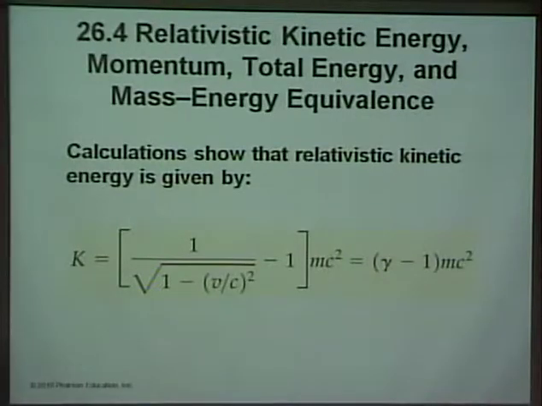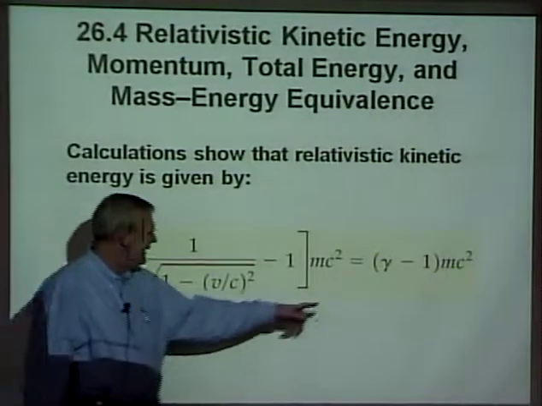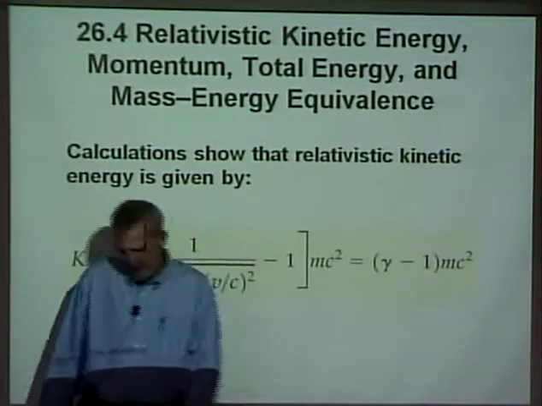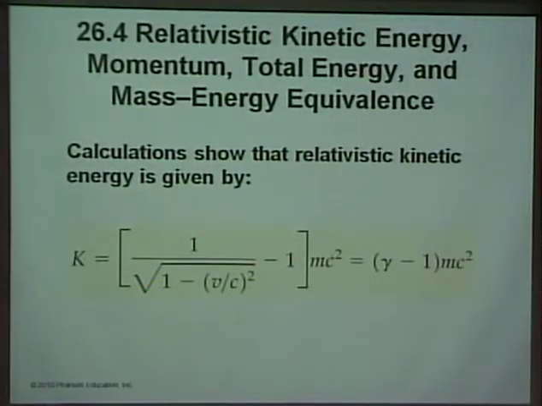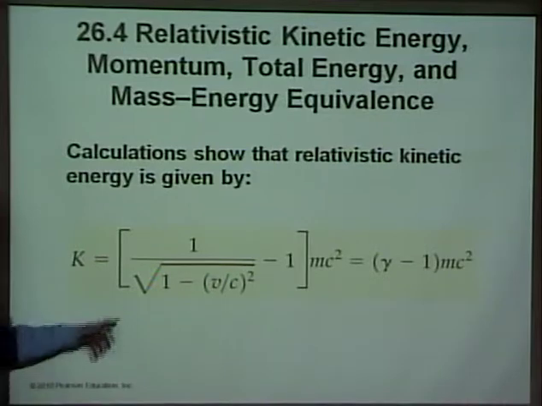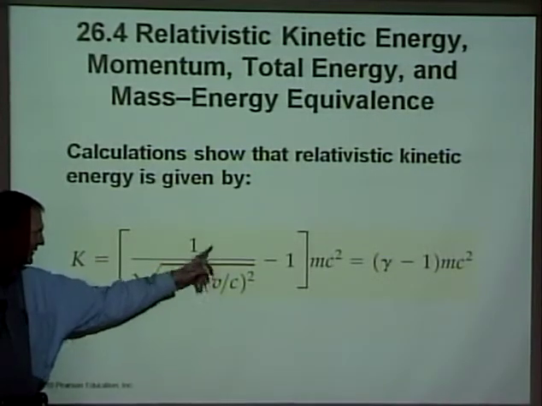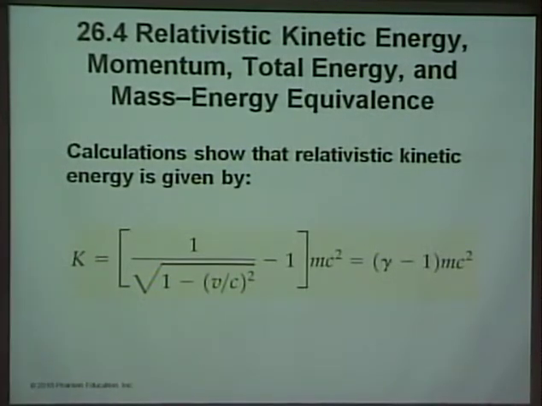Okay, then all of a sudden this mass energy equivalence takes place and shows, now this shows the relativistic kinetic energy is given by this. And I don't really like at this level using the gamma thing. I want you all to get used to knowing that that is equal to the square root of 1 minus v squared over c squared, or v over c and squared. And so you kind of get used to looking at that. So one of your homework problems actually deals with this, and then the rest,